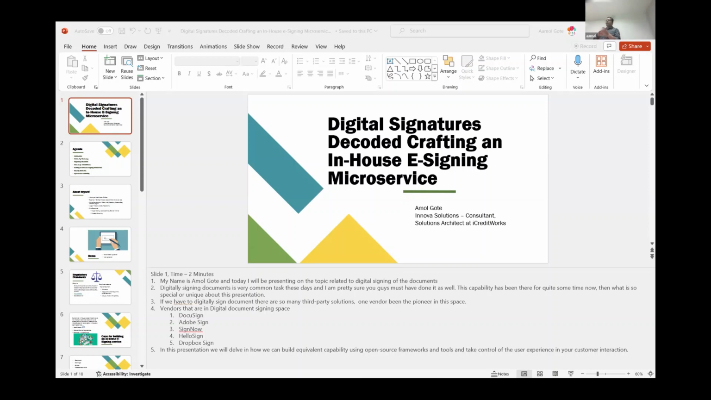And there are a lot of vendors in this space, DocuSign being the primary one. Apart from that, there are others like Adobe Sign. Then there is Dropbox. Dropbox also bought a company which specializes in digitally signing of documents. And then there is HelloSign, SignNow, and all that. So digitally signing of documents has been there for quite some time, but then why am I talking about